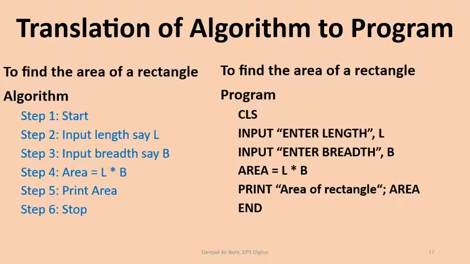In step 5, that is the print area. Now see, the area that I have written there as an output variable, the same variable I have to use in the print statement. So here print "Area of rectangle". This is the message that I am going to give to the user, that what they are going to see, and area. So this variable that you are going to use should be same as the variable that I use in the processing step. And then last, end, we say to the computer that the program is going to end.